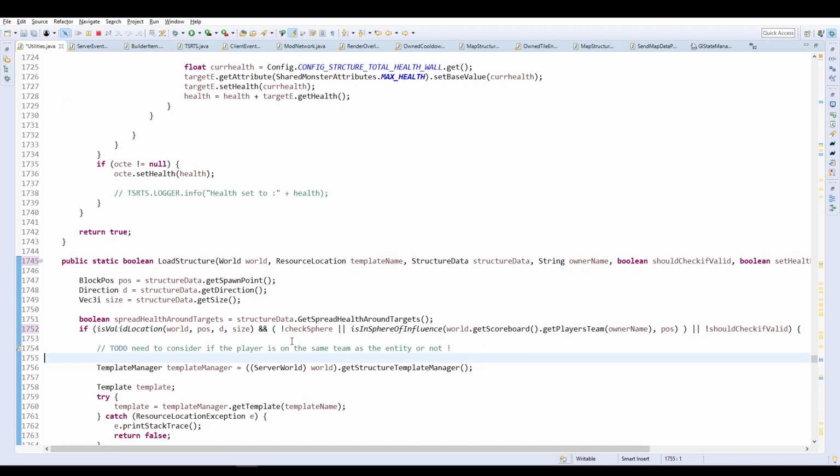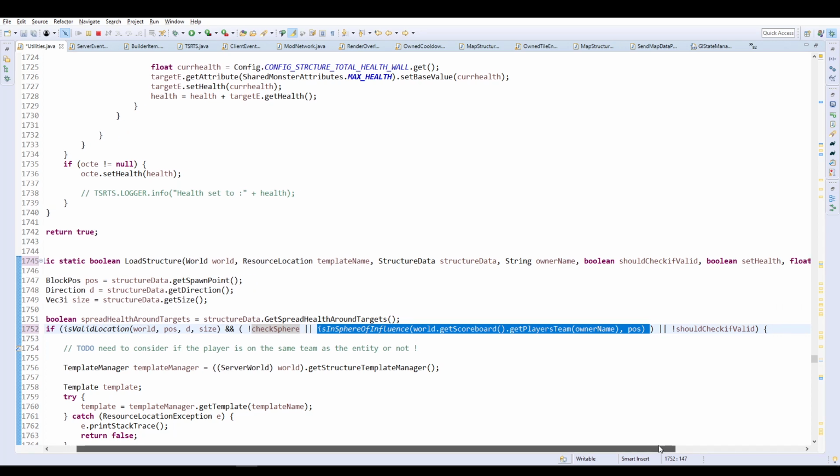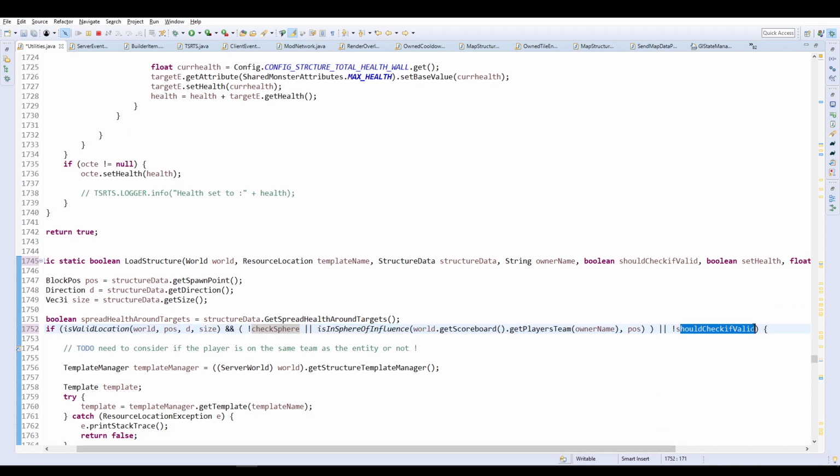Awesome. Misspellings everywhere. So if it's a valid location, and we should not check the sphere of influence, or we should check the sphere of influence and the sphere of influence is good, or we should not check the valid. I think that's...